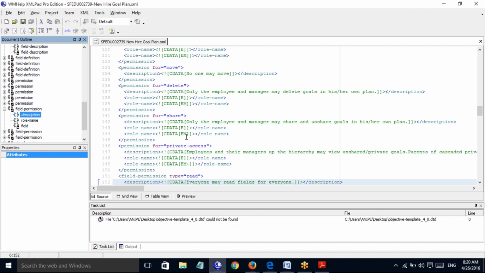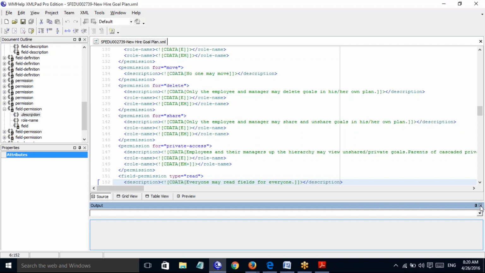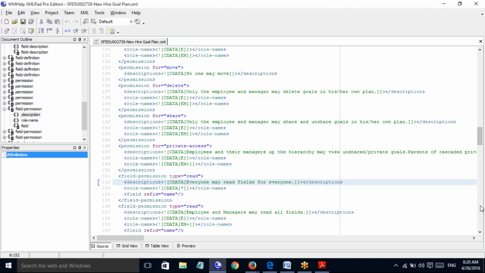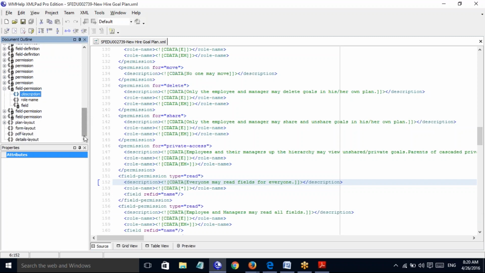So after the metadata framework I have explained, you see there is a connection: whether they can read, whether they can write, whether they can hide. Now for these, you set up the field permissions. I don't know whether you are able to connect my explanation or not. But if you just look at that class, you are able to understand it very easily. There is nothing to worry. It's so easy. Even it is the same.